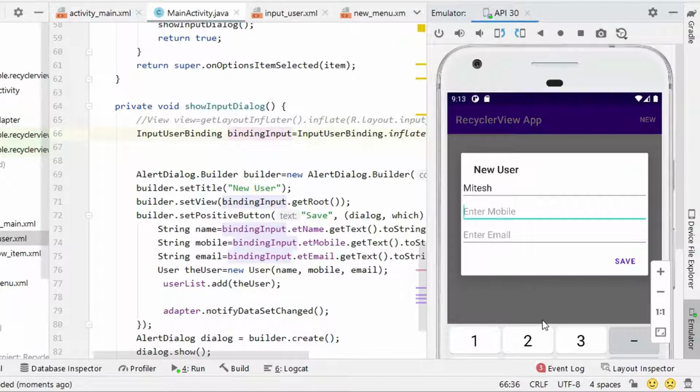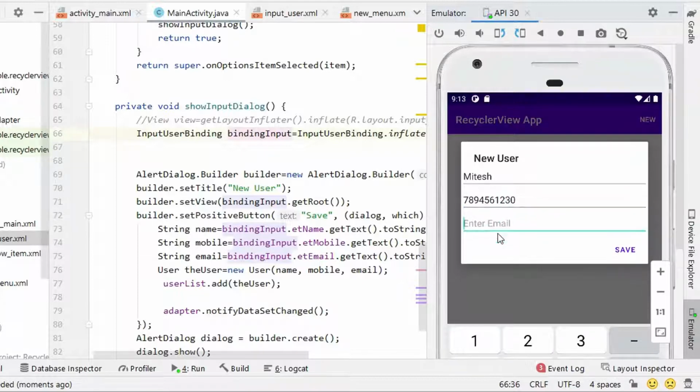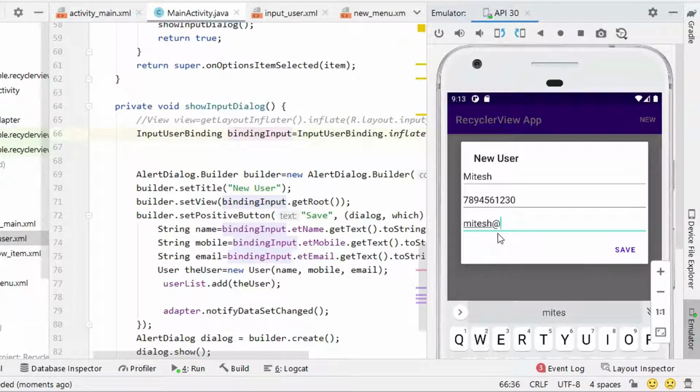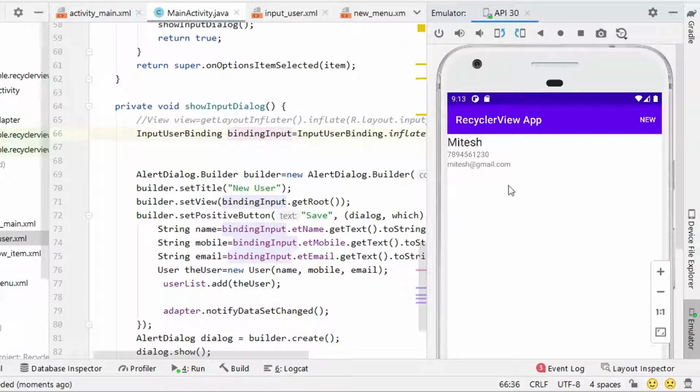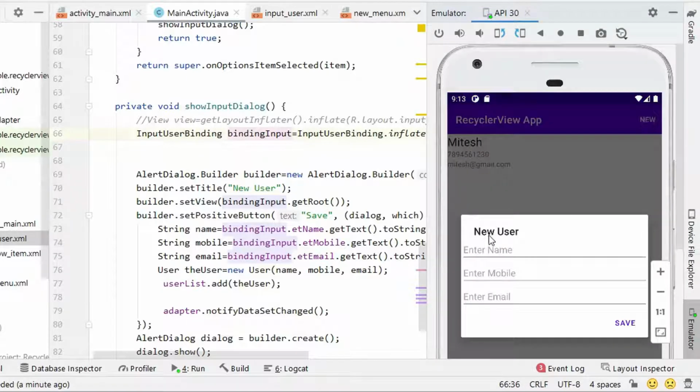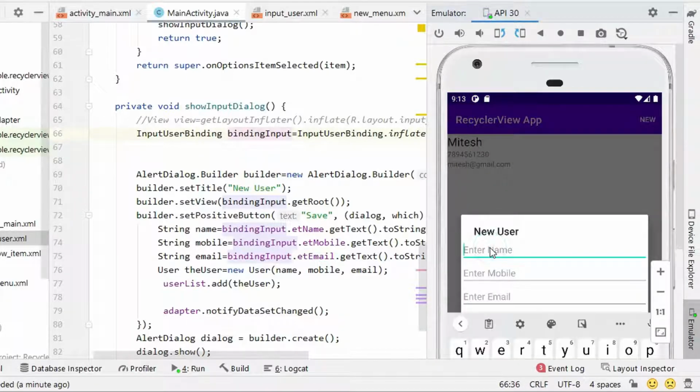Okay, mobile number we need to type here, and email ID, and save. So you can see that entry will get displayed in our recycler view. Any number of entries you can have here. One more entry I can type here.